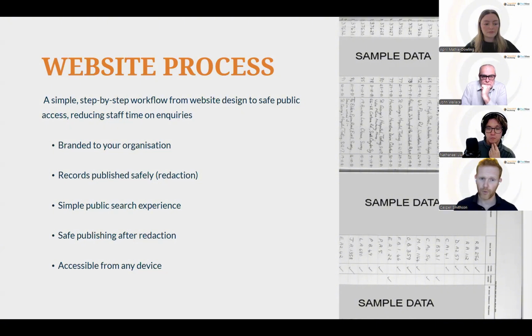When we onboard our clients, we go through a process of working with them, not only with the digitization and transcription, but also looking at the website side of things. Typically, we would brand the website to your existing council or organization's branding. That includes things like the logos, the fonts, the color schemes, and other styling that we need to incorporate into the website designs.